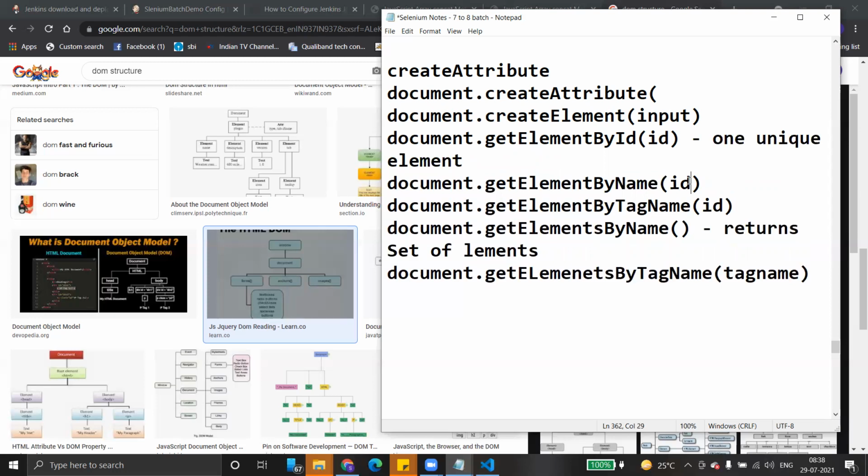Here you have to pass a name, and here you have to pass a tag. What is a tag? A tag is nothing but input, a, h1. Those are tags.